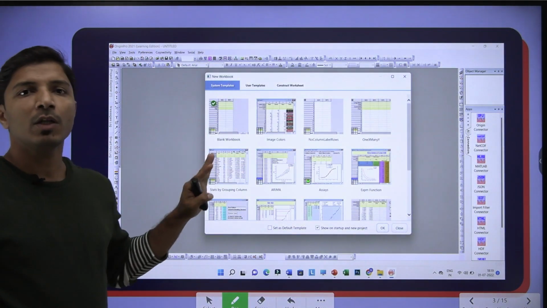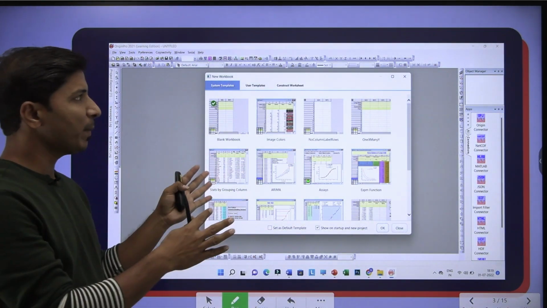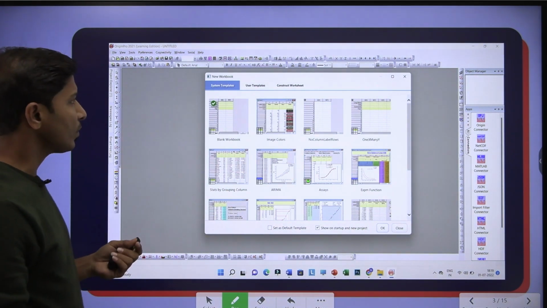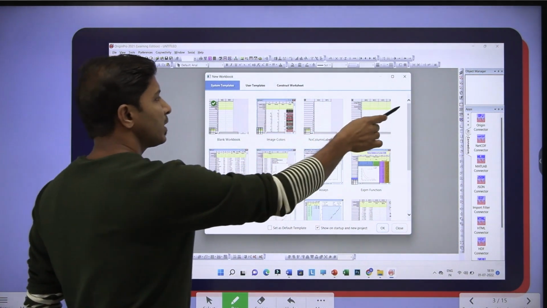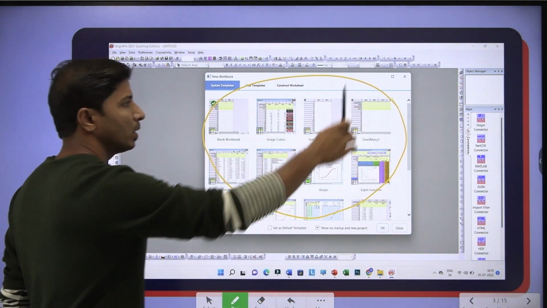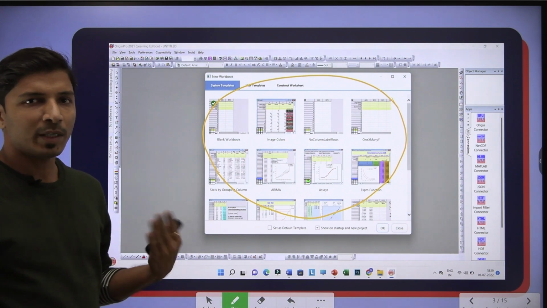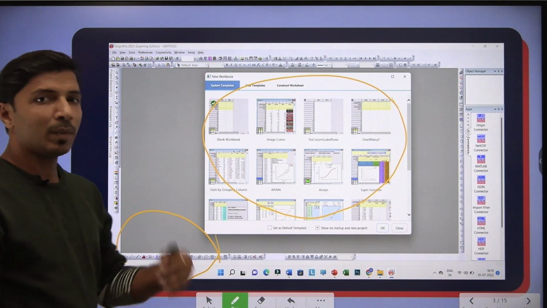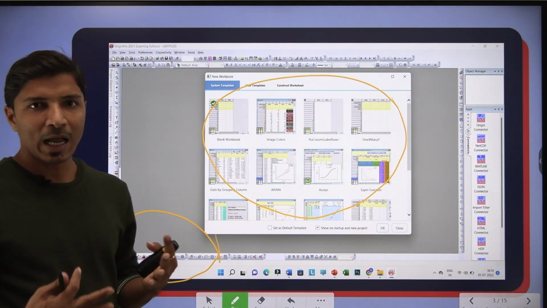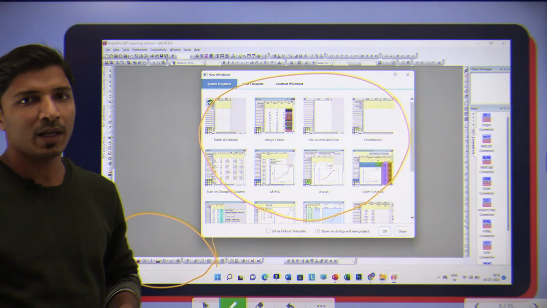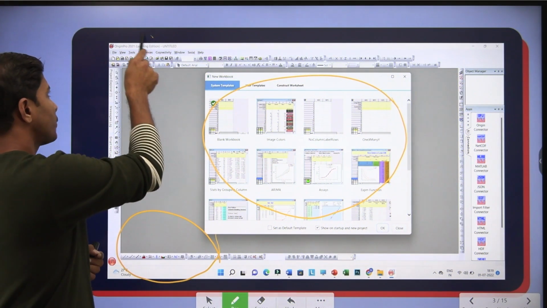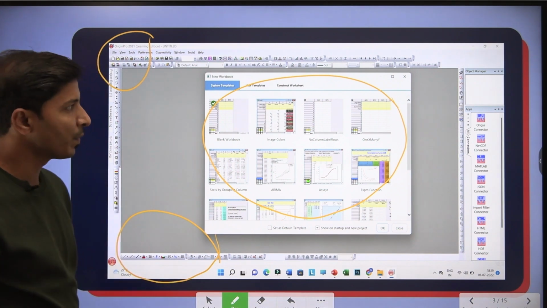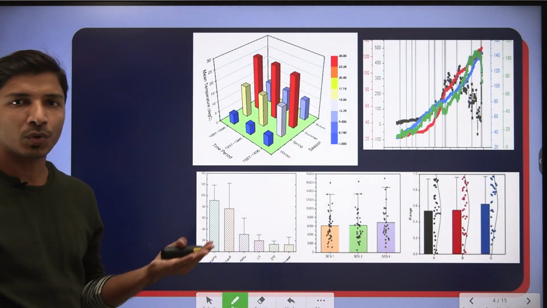So this is the Origin interface. This interface is almost similar to Word, and hence you can easily understand it. You will be getting some worksheets where you just have to copy your XY data, and based on that, you will get different options through which you can produce simple graphs, bar charts, scatter plots, etc. And then you can export all these graphs very easily in your required file format, maybe JPEG, TIFF format, etc. These are some graphs plotted by Origin Pro.